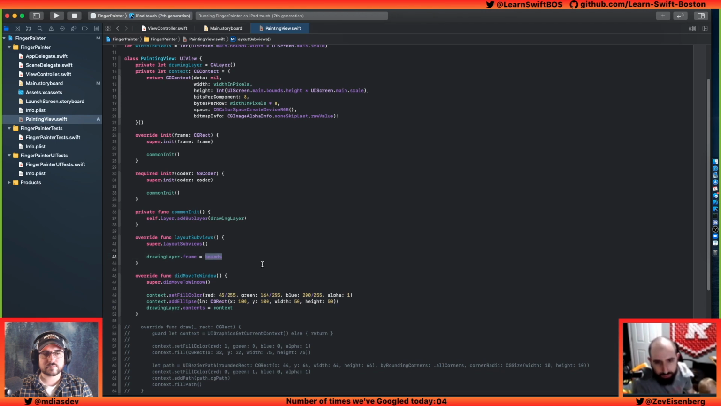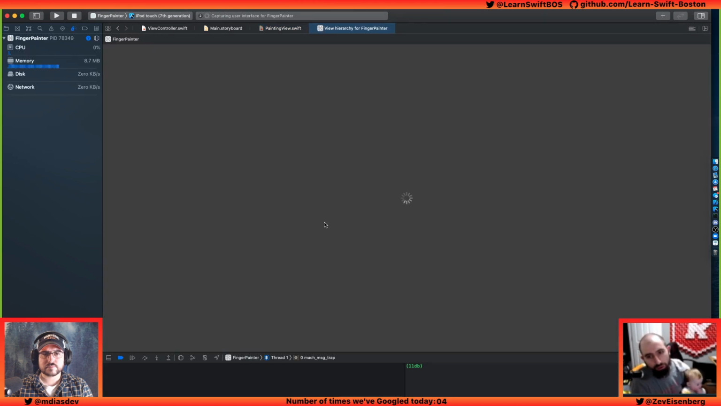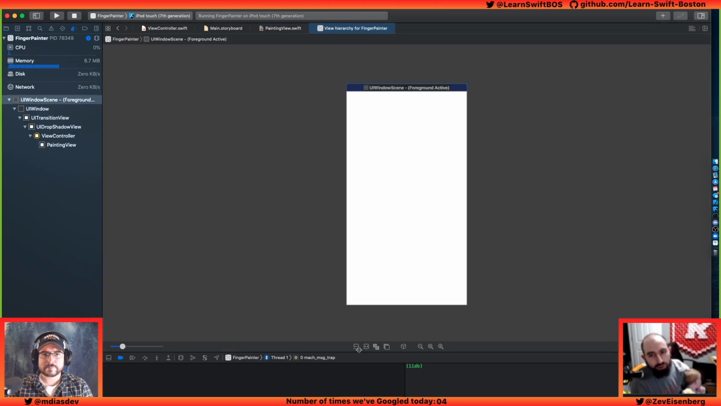But what we're going to need to do is, when we create the context, on line 15, change that return to a let context equals. Oh, that's a good idea. But, well, depending on where the layer ended up,